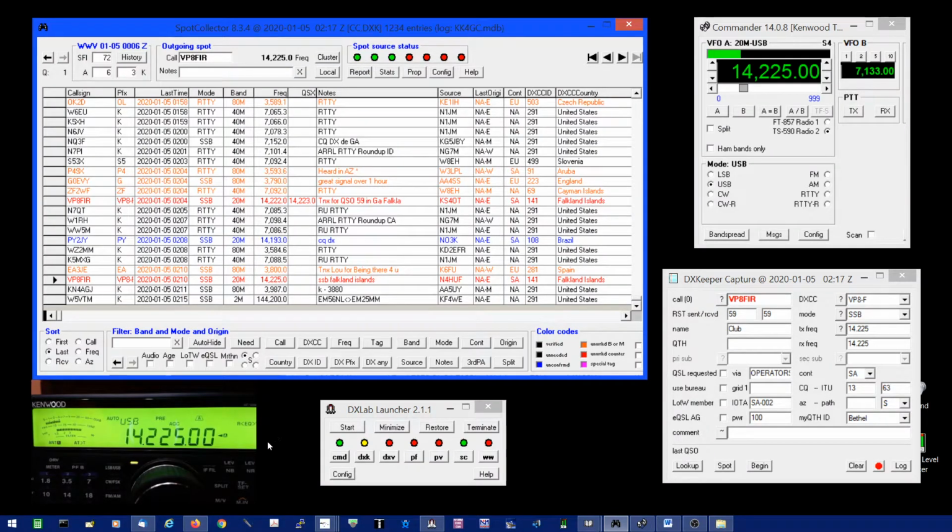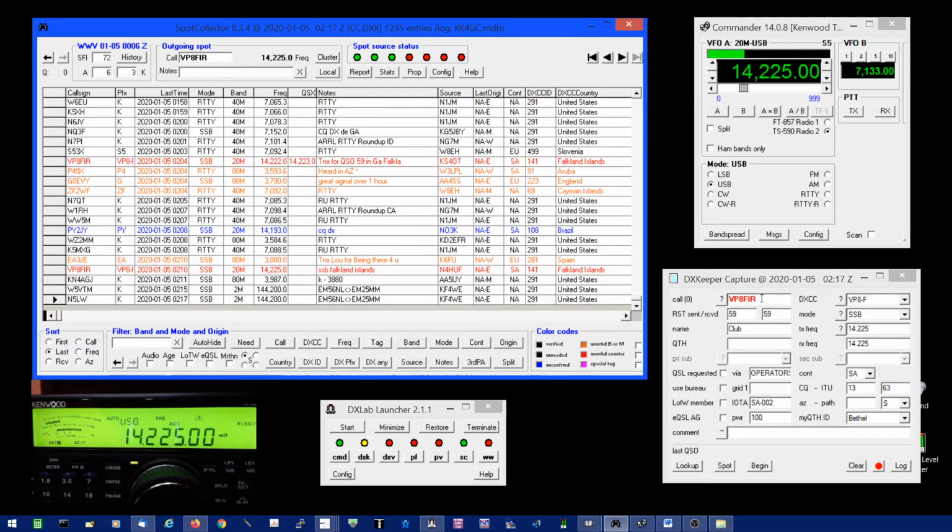down here on the camera. It will auto-populate that spot's call sign in the capture window. It will set the default signal report sent and received to 59. And that's configurable as well. You can have it not set it at all, or you can have it set the default numbers to some other value. It shows the current